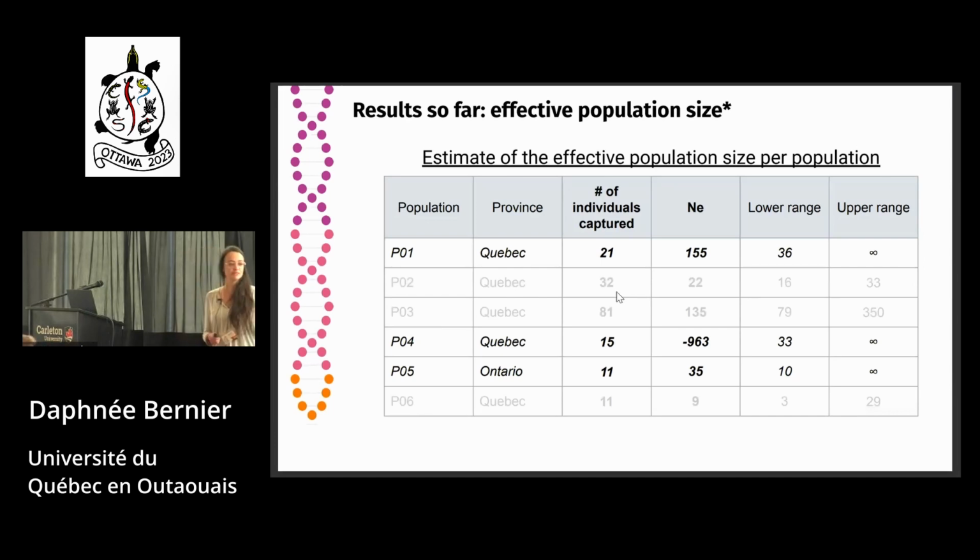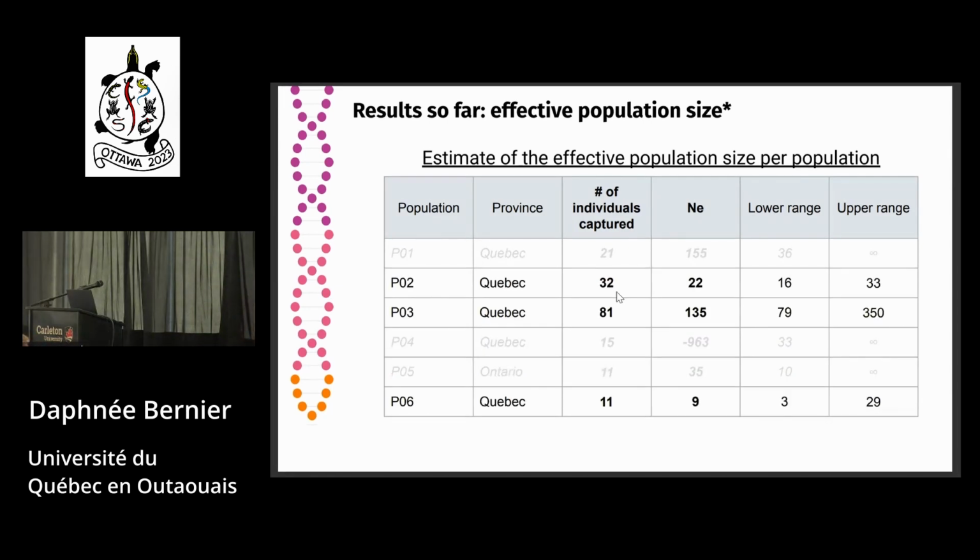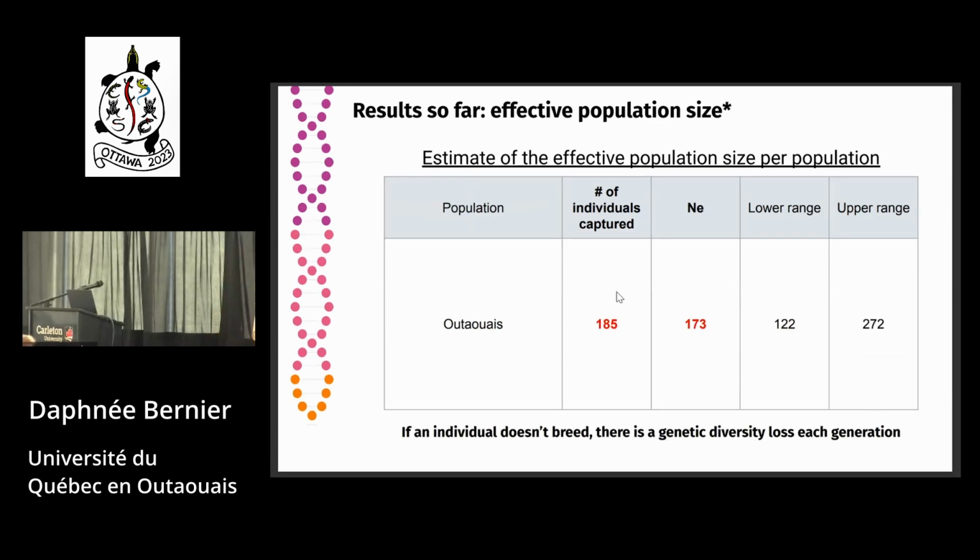For some of the populations, the analysis didn't work, sorry. But for 3 of them it worked, and the numbers are really close to the number of individuals captured. Moreover, in Outaouais, the number of individuals captured was 185, but the estimated number of breeders, because we don't have any juveniles to compare, is 170. That could mean that if an individual does not breed, there is a chance for genetic diversity loss every generation, which